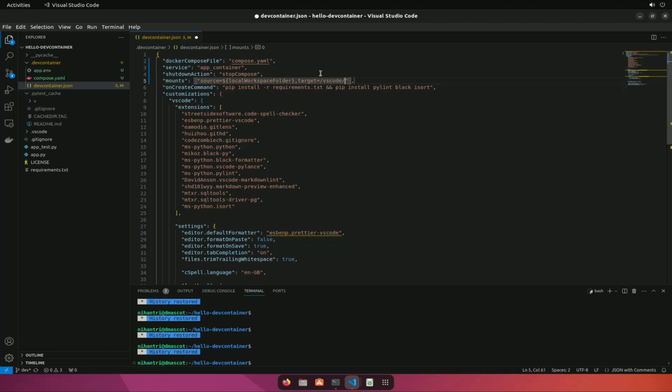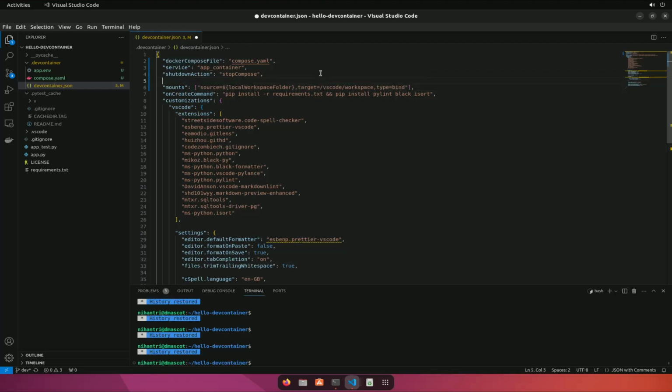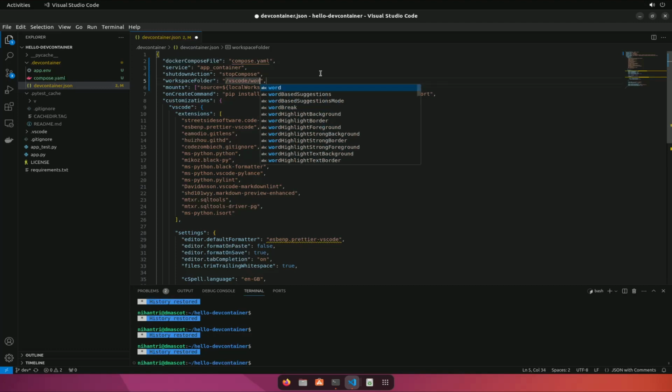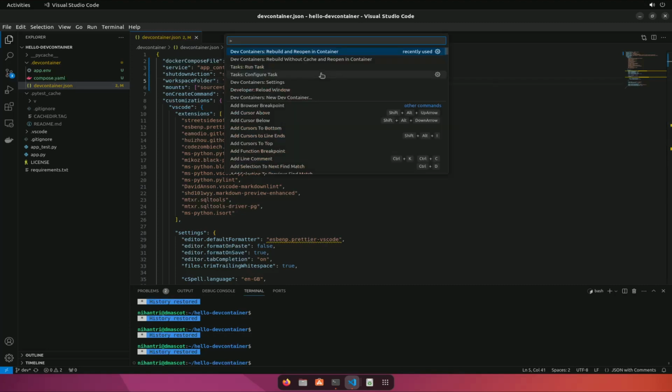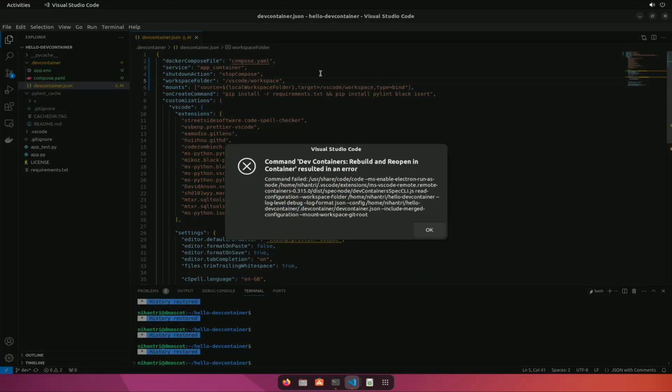I'm going to use vscode / workspace, type bind, and let's define the workspace folder now, which is vscode / workspace, which is the same as our target mount. Now try to rebuild the container,